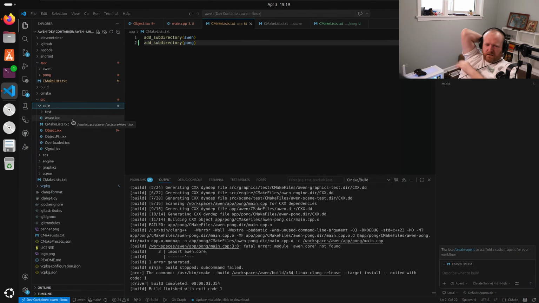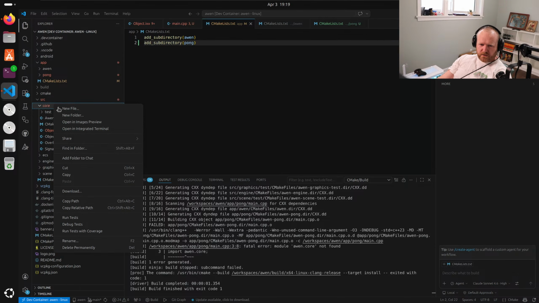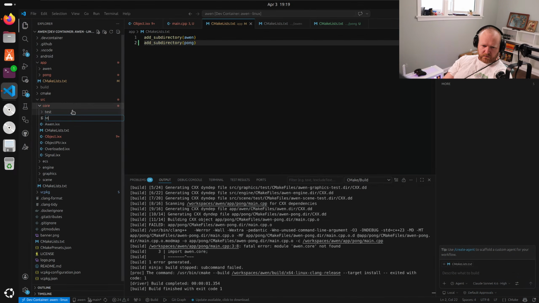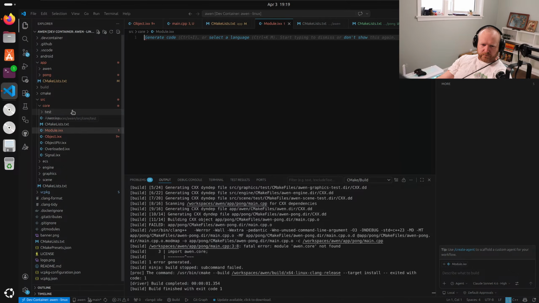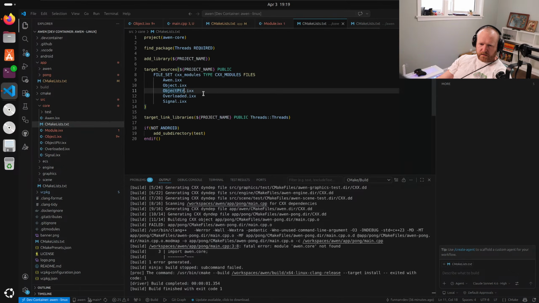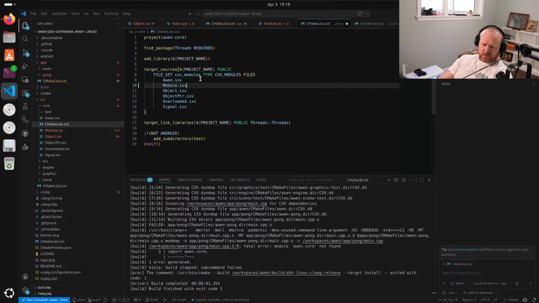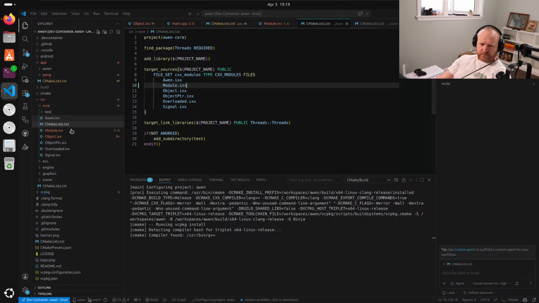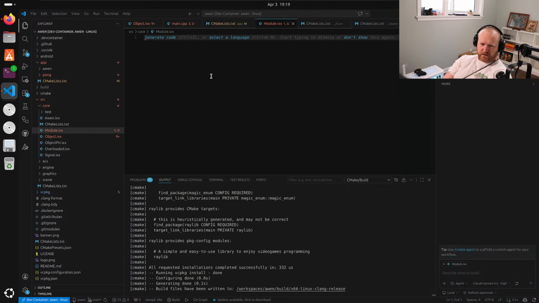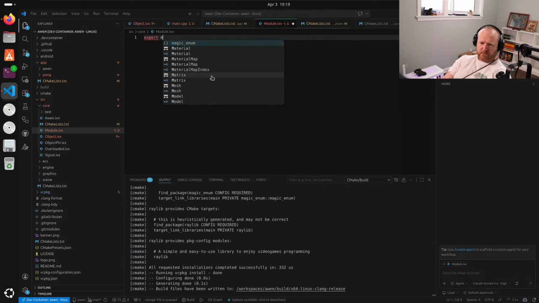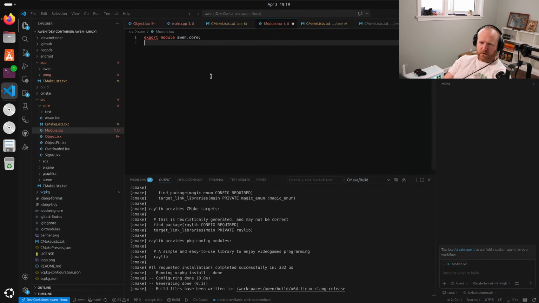So I don't know if I need to do a module file here. So if I create a new file, call it module, and then this module file we'll just call it export module awen.core, and then here we export import Awen object pointer,